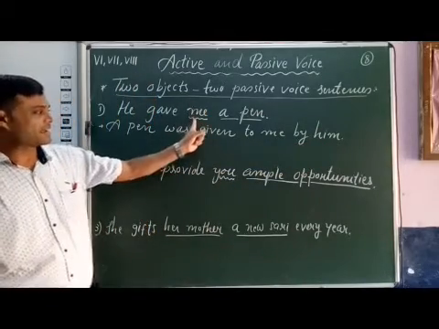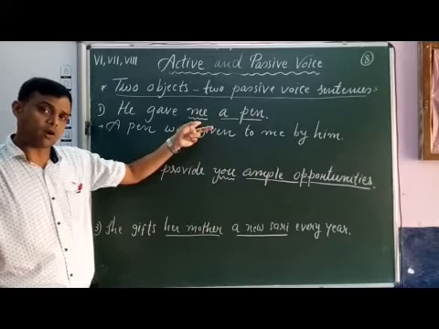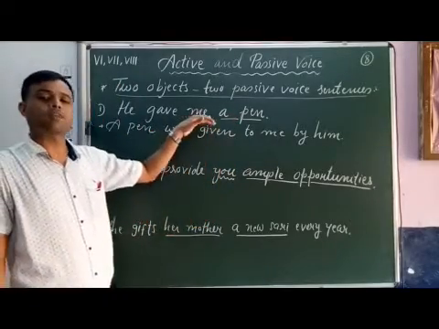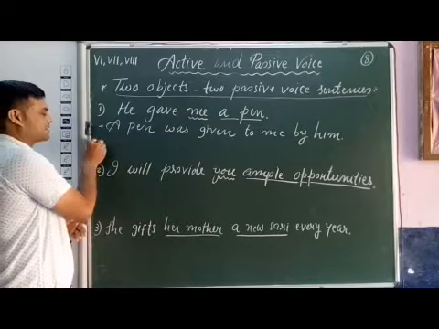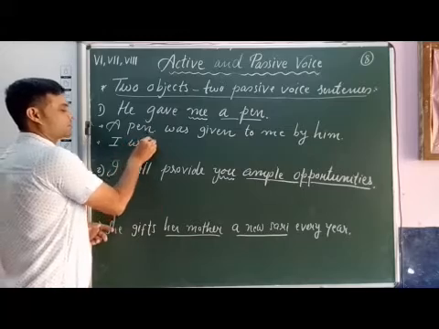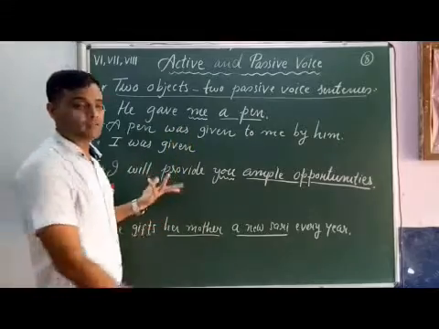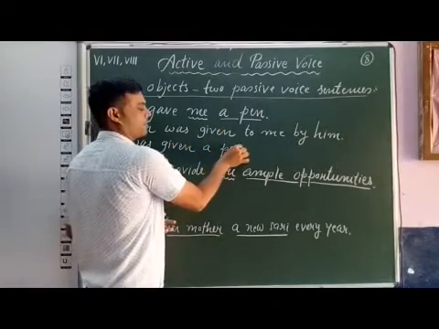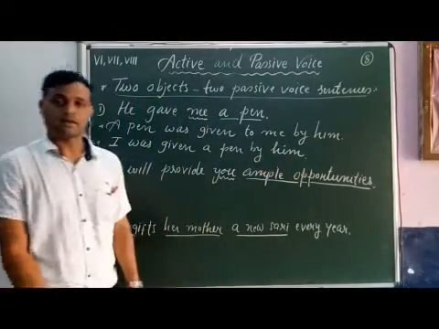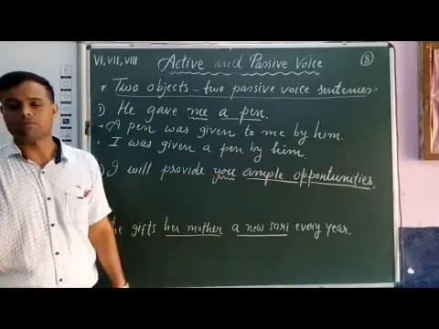Now we will use indirect object, me. Now here me, it is an object pronoun. Now when we transform in passive voice by using this object pronoun, it turns into subject pronoun, that is I. As simple past tense, so with I we use to be formed was. V3 of gave, given. I was given what? A pen. Then by, and subject, by him. I was given a pen by him, it is passive voice.